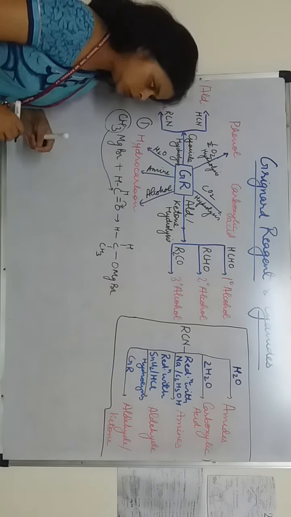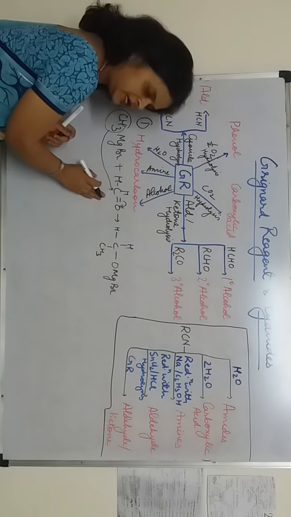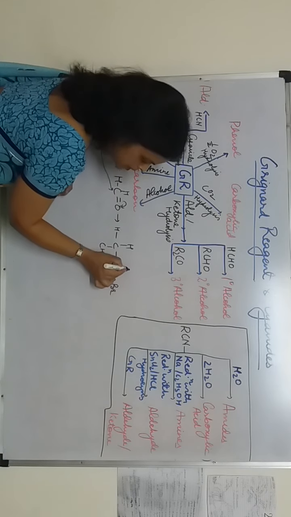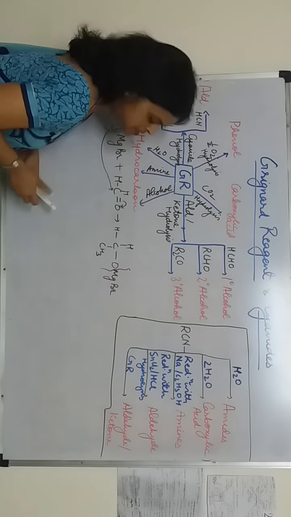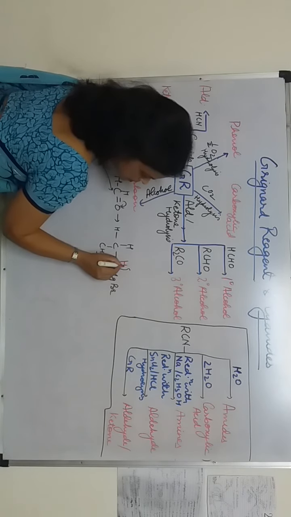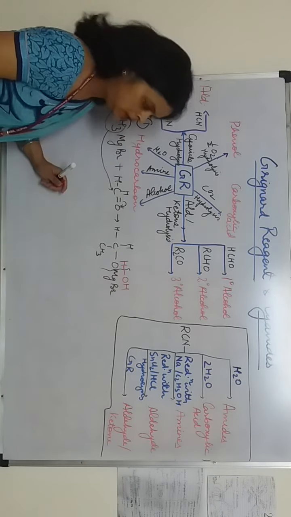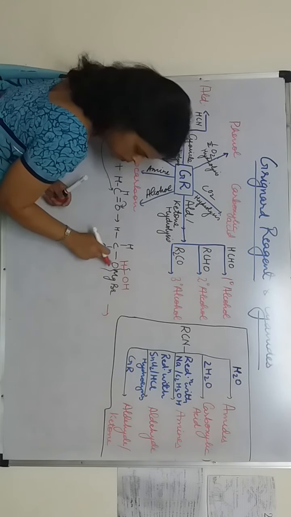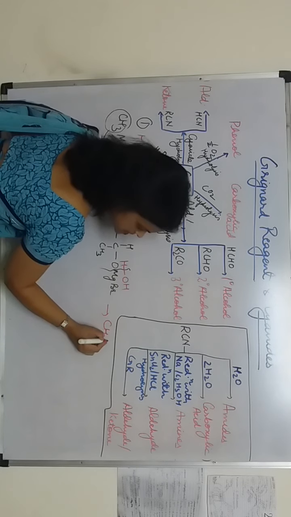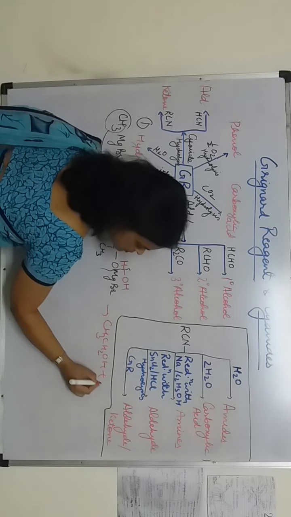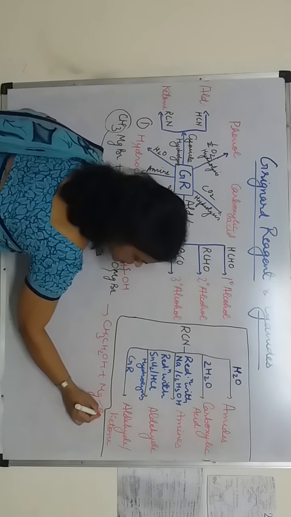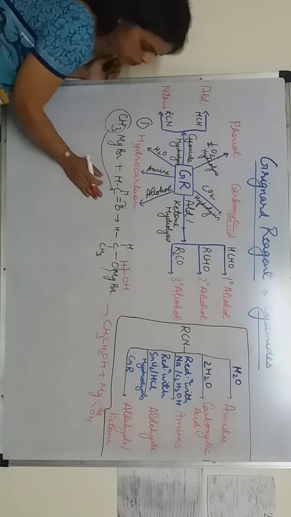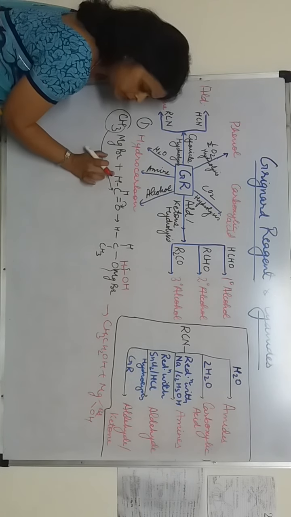Now hydrolysis. First the molecule of aldehyde will add and then the hydrolysis will take place, that means one water molecule. Now how will you write the water molecule? This HOH. Okay, now the product formed will be CH3CH2OH. So this is primary alcohol along with the side product MgBr OH. Okay students, now in the same way we are going to take another aldehyde other than formaldehyde.